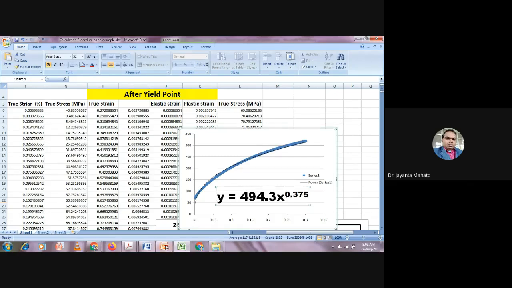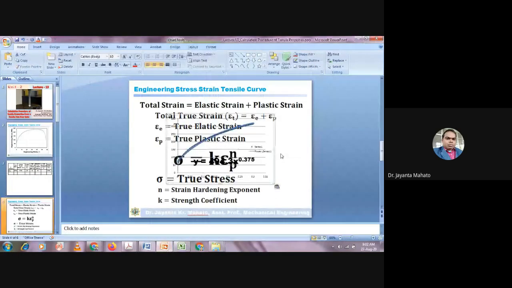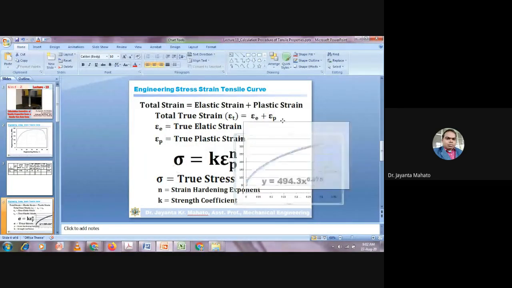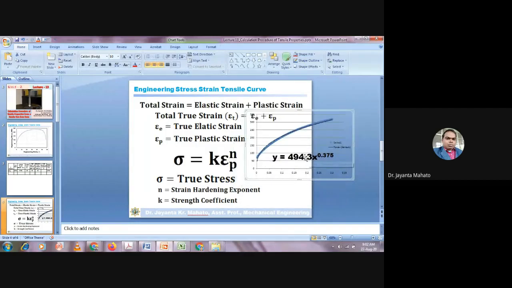So this is nothing but a form of this equation, the same, where y is sigma and x is epsilon p. So sigma is equal to 494 multiplied by epsilon p to the power 0.375. So here the value of k is 494 and the value of n is 0.375.